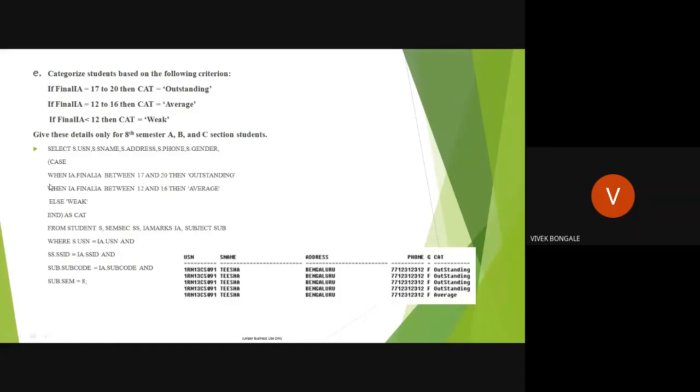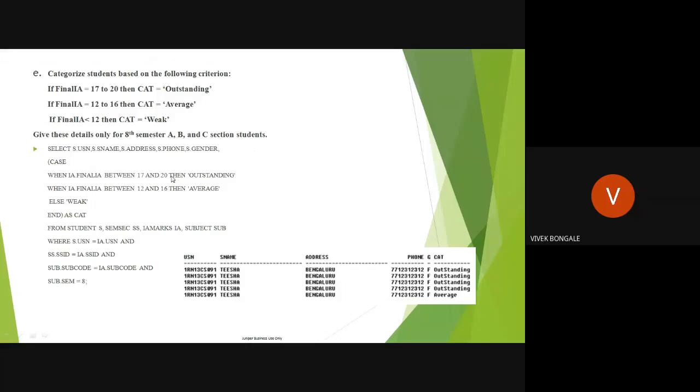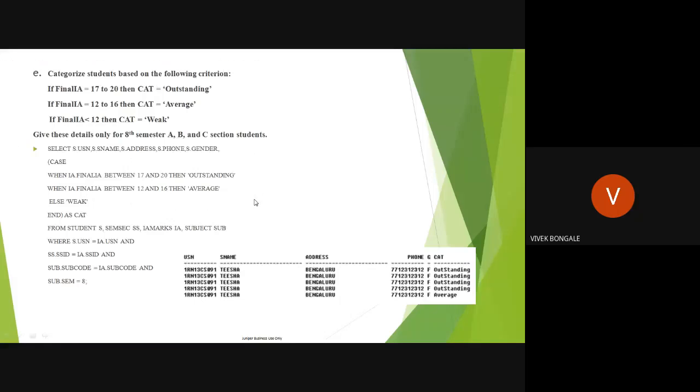Here we have 17, 17, 20, 20, 15. Those in 17 to 20 get outstanding. The 15 is within 12 to 16, so it is average. Same for the outstanding ones. Based on the fourth query, we get the result of the fifth query, so we have to execute the fourth first.